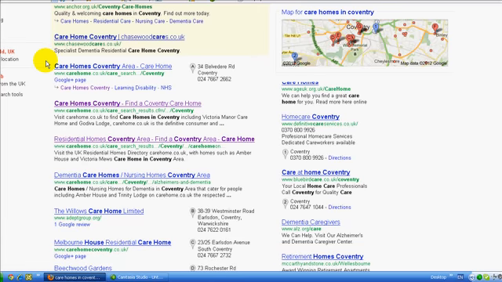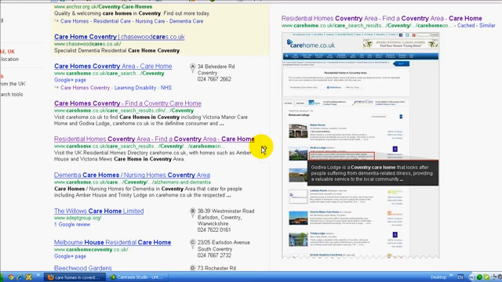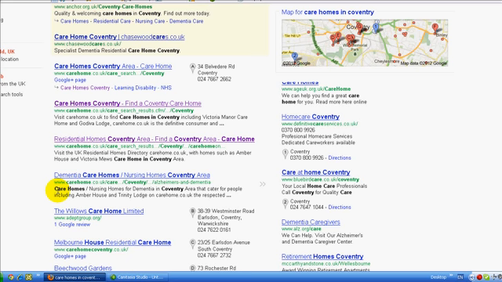So quite straight away here we can see that carehome.co.uk have got 4 pages listed there. Let's have a quick look at a preview of that page. Yes, that's in the directory. So they've got 4 pages and you can see they've got some picture listings in here which I'll come on to in a minute. So in this case carehome.co.uk has got a virtual monopoly at the top of that page, and it would definitely be worth advertising in there